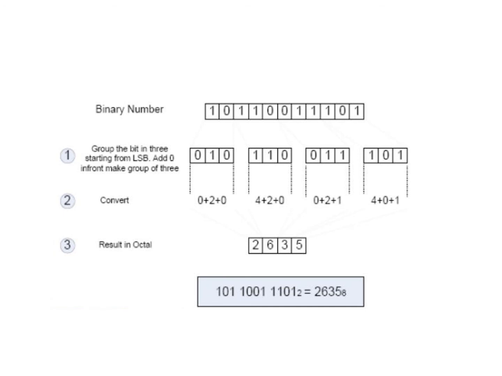From the right, that is the LSB, we will make groups of 3 bits. That is 101. The next group is 110. The next group is 011. The next group is 01, which is 1 bit less than 3, so add 0 in front to make a group of 3 bits, 001. Now convert these groups into the equivalent decimal numbers.